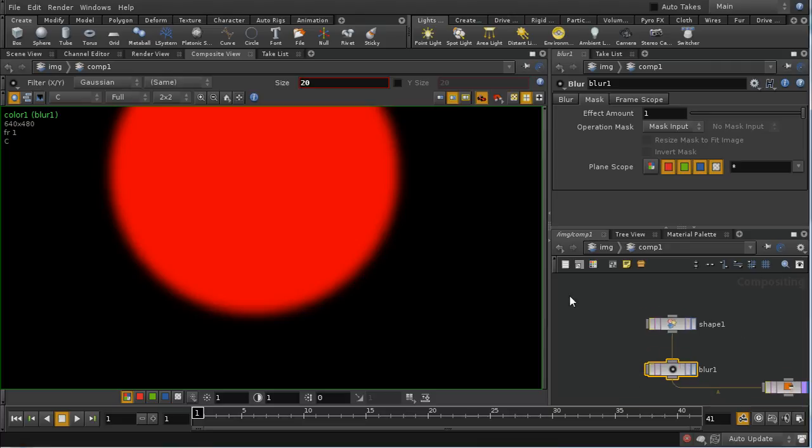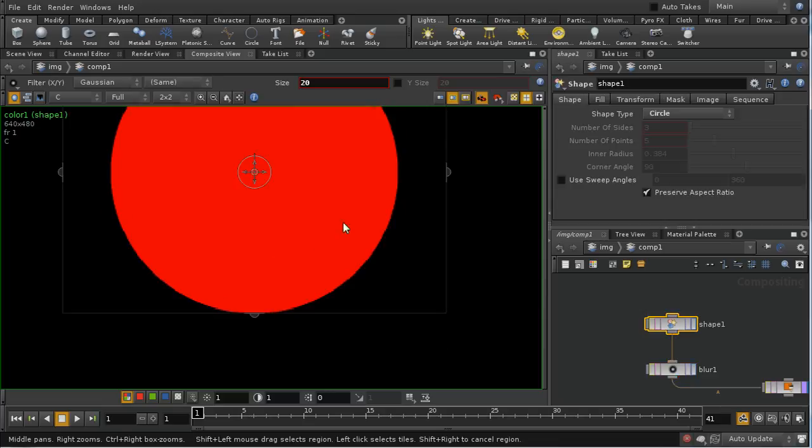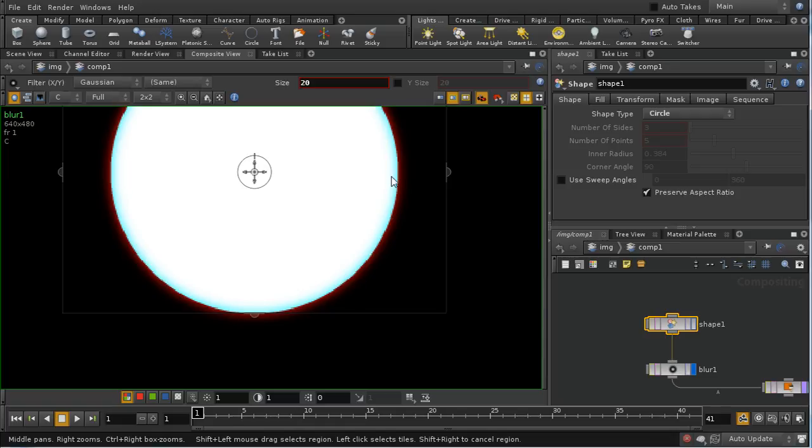So let's just blur the red component. Now, because our shape is white, of course, this is going to produce an odd effect. We're going to have a blurring just on one component, and we can see here that we've got this slight red halo around our image. That's because the blue and the green components are not being blurred, but the red one is. Or, for example,